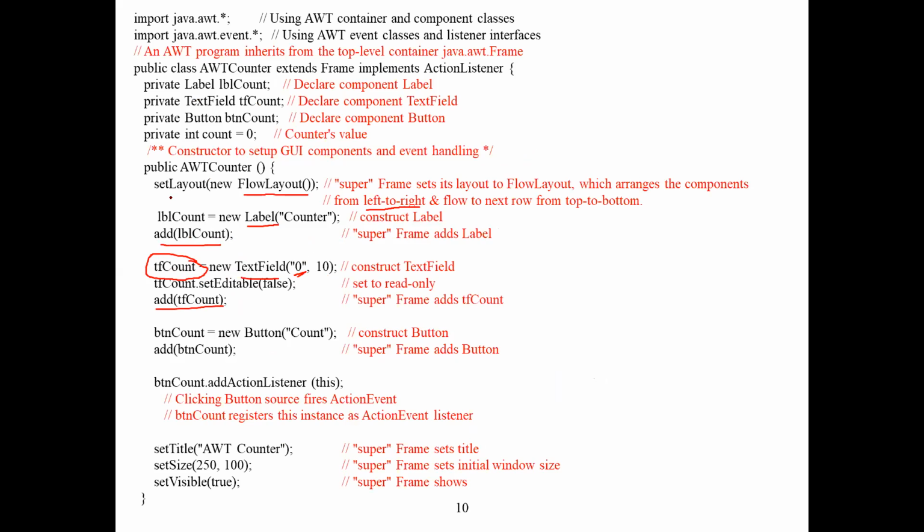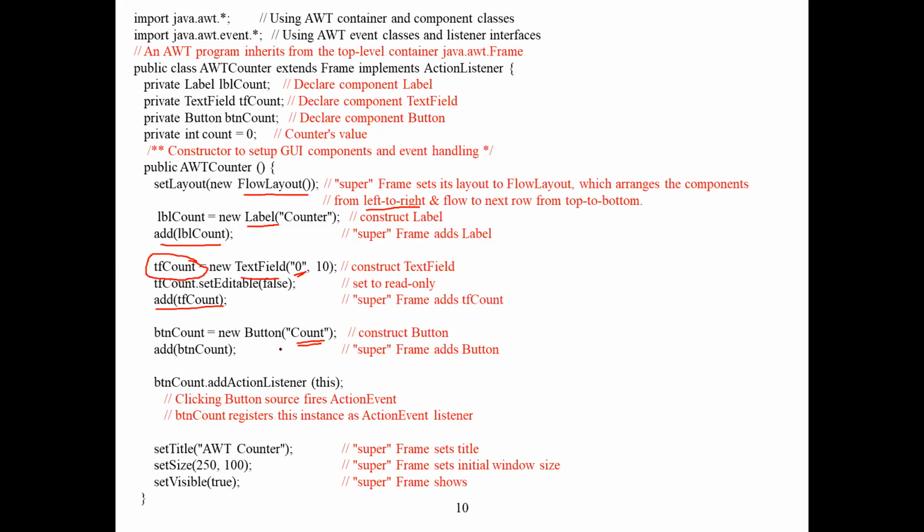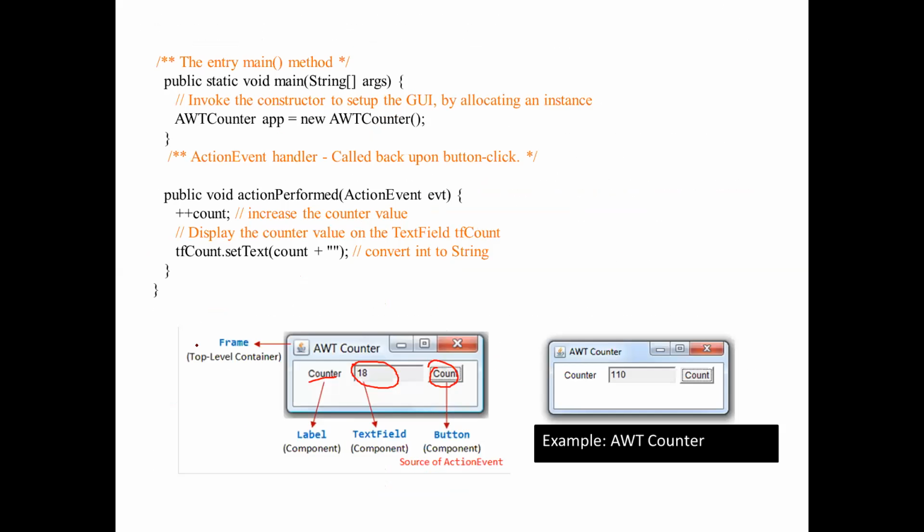Similarly, I have added the label. Then I have created a button, and whatever text I have given will appear on top of the button. After you have created an object, you need to call add on it; unless you do, it will never be added to the frame you have created. This is the overall frame. I have marked it, and I will be sharing this PPT with you, so you can go through the things I have written. It is very clearly mentioned.